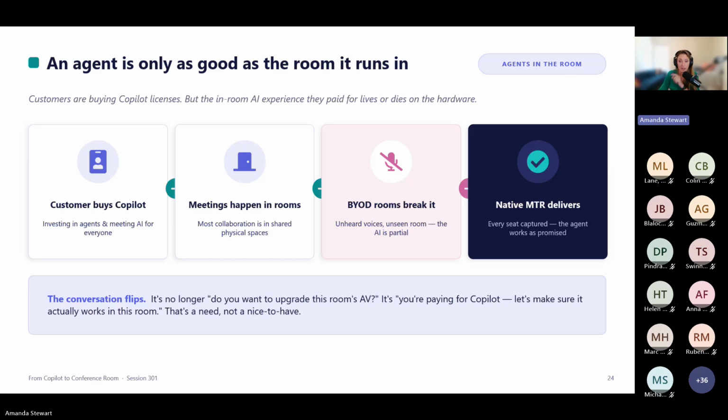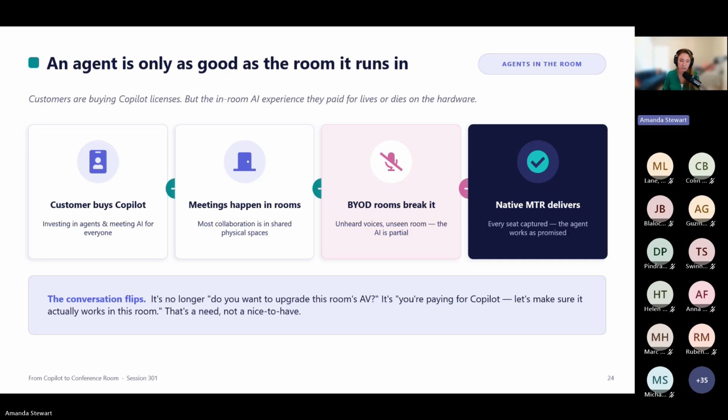Step 3, if those rooms are BYOD, a laptop on the table, AI breaks. Voices are unheard, the room is unseen, the notes are partial. The experience they paid for is not showing up. Step 4 is a native Teams Rooms delivers it. Every seat is captured and the agents work as promised.